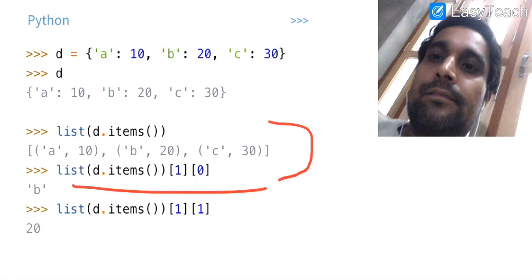It is deleting a key value pair, that is C and 30. When you print d again, this will not be part of your dictionary. Thereafter we are using the popitem function again, and when you print your dictionary now, you will get just a single key value pair, because 2 are already removed with the help of the popitem function.